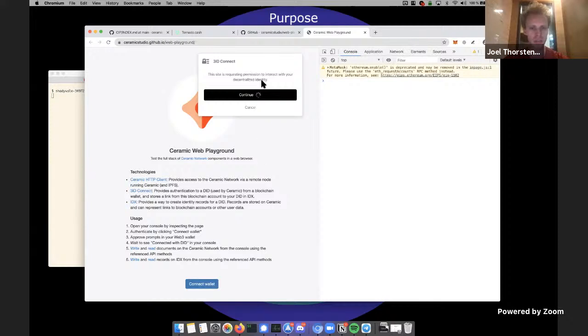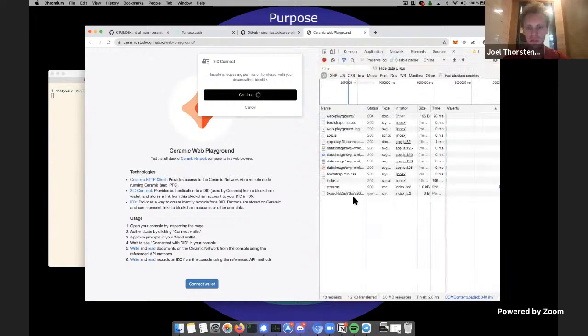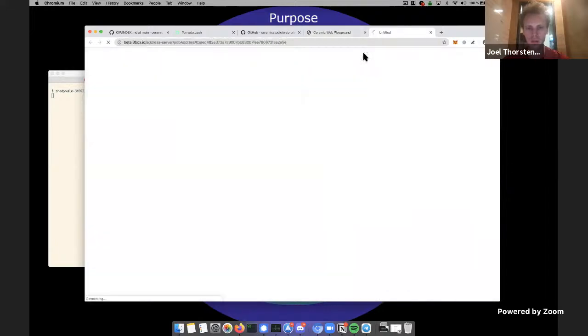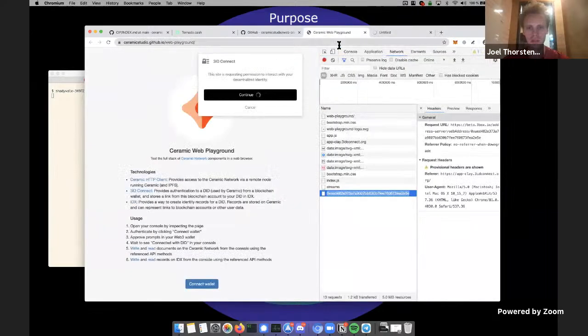What happens here is it loads the existing profile from the Ceramic network. Hopefully everything should work all right. I don't know why this is pending.